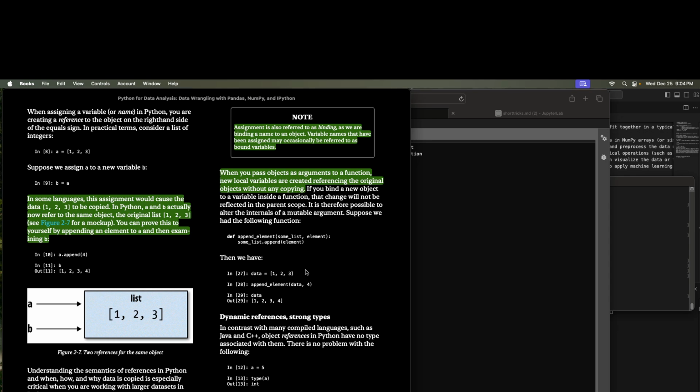Suppose we add the following function. Data is 1, 2, 3. Append element data comma 4. Actually, by this logic a tuple is immutable, but still we are able to mutate it. Now why? How? When we bind a new object to a variable inside a function,